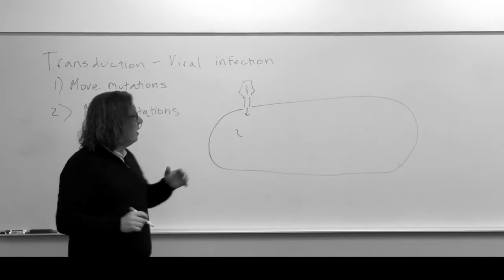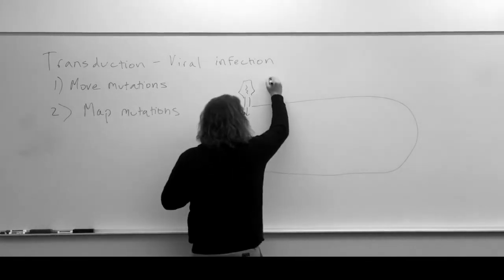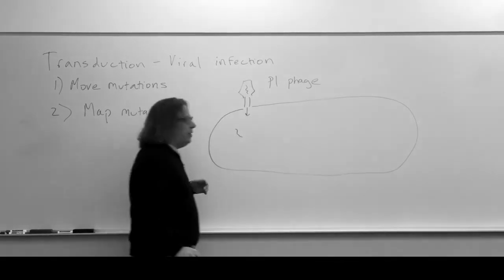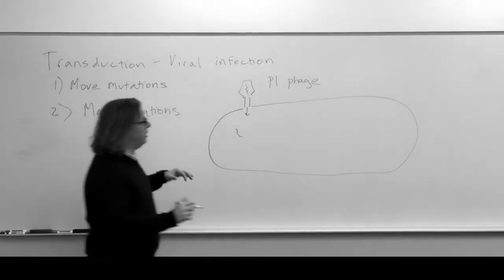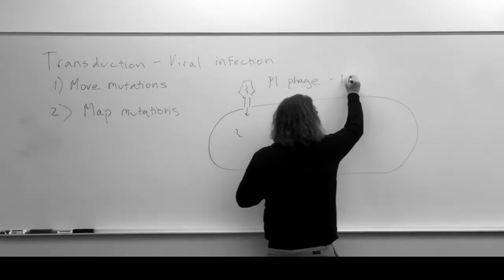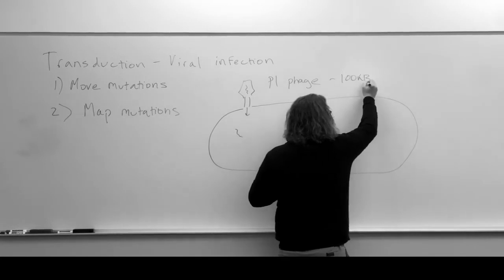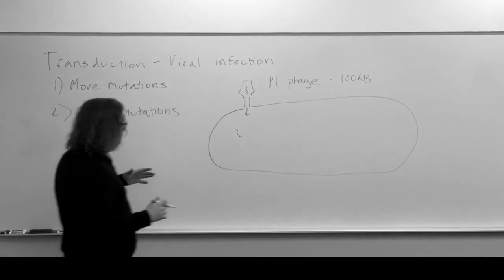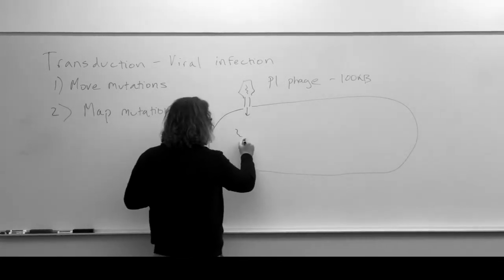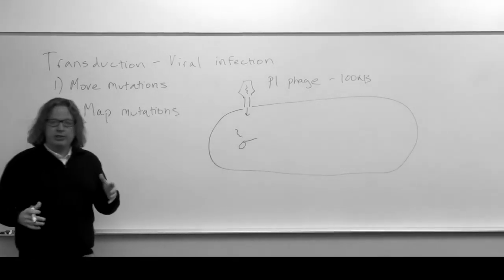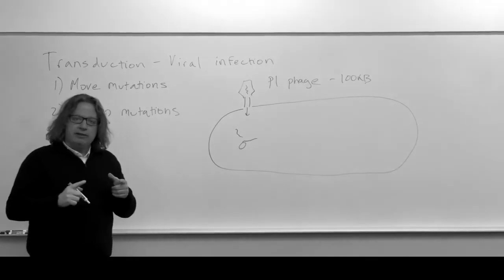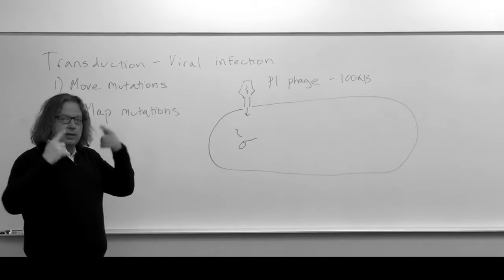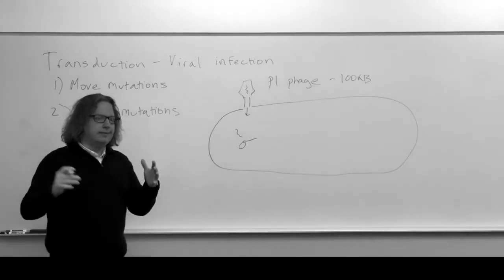In the case of P1 phage, P1 phage is about 100 kilobase phage particle. You have constant replication of this phage DNA by what's called rolling circle replication. So basically, the phage DNA circularizes and continues to replicate again and again and again and makes tons of copies